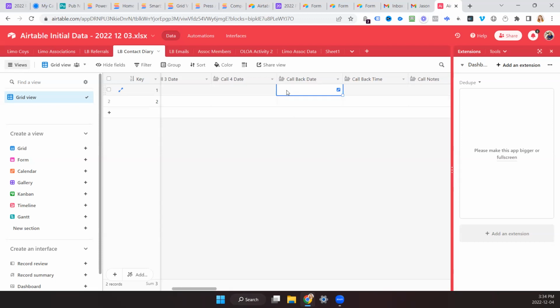We can create an automation for that easily, but I have a question before we build that out. Are you manually adding callback dates? And do you have an idea of when you would call back? Because if you know, like, the first call will be day 0, the next call will be day 1, the next will be day 4, etc., then we could map this out a little differently. No, this is all pretty random.